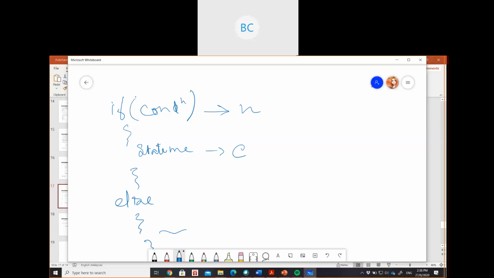And for the else also, if there is only a printing statement, suppose the condition is wrong, it will take some amount of time, maybe constant time. So in this case, your complexity will be Cn and the time complexity will be simply n. This one is correct, easily understood.